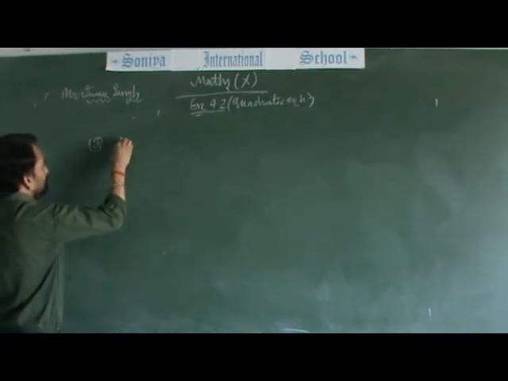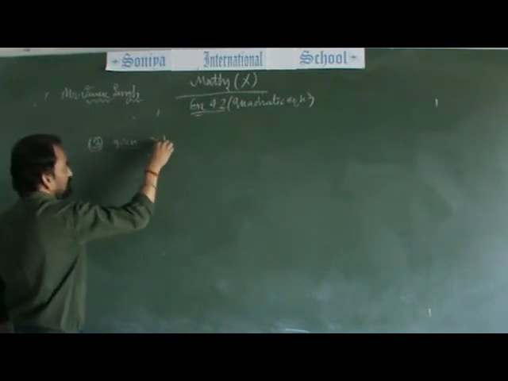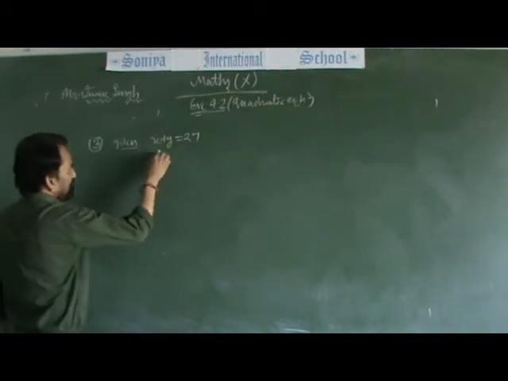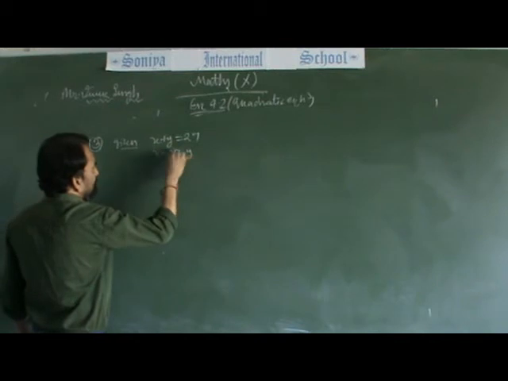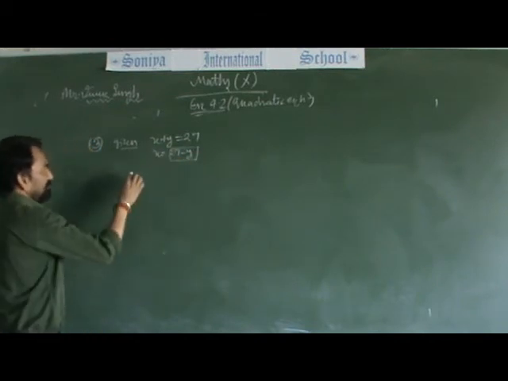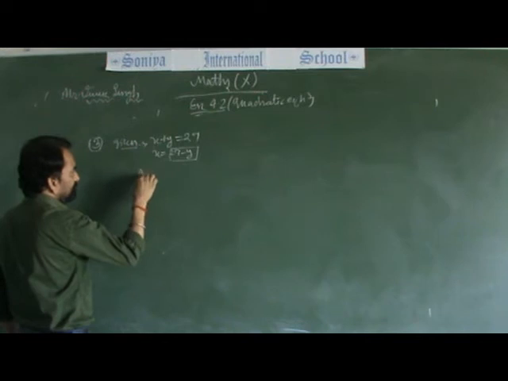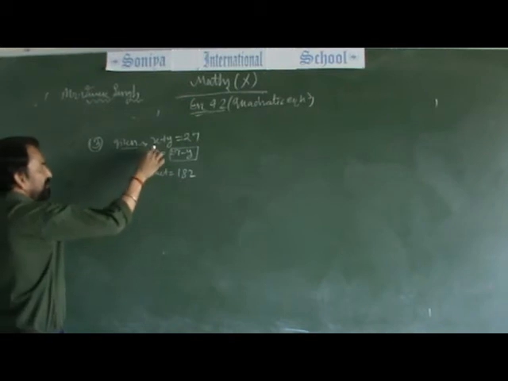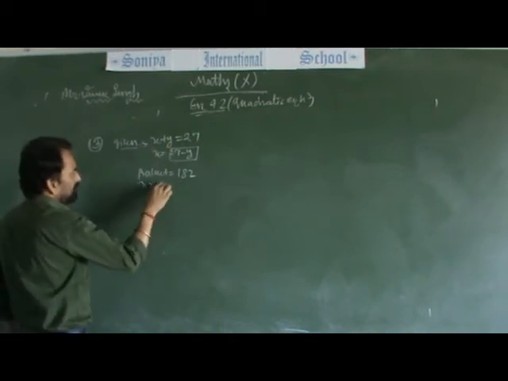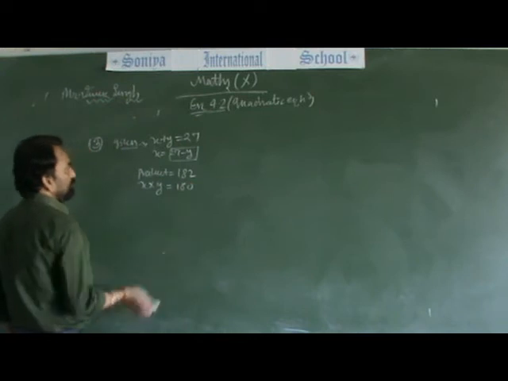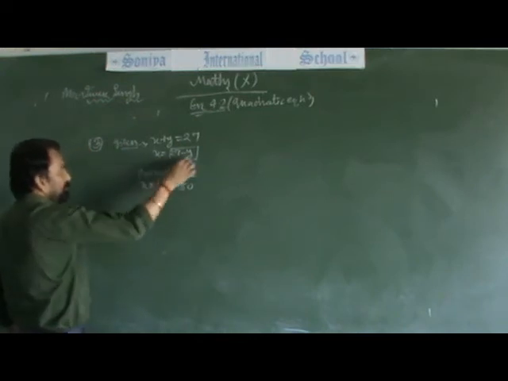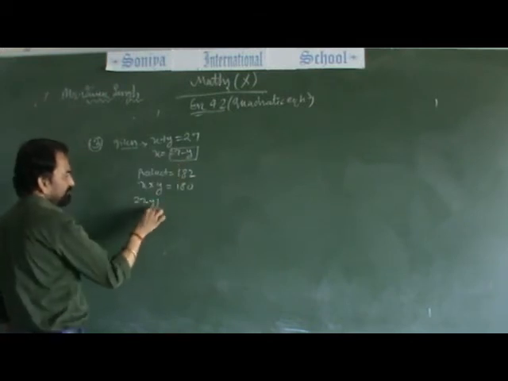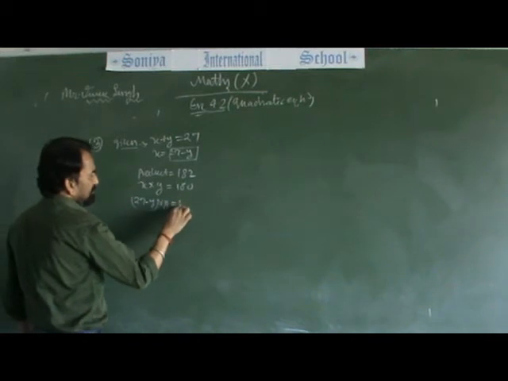So what is given? Given that the two numbers are x and y. So x plus y equals 27, so x equals 27 minus y. And the second thing which is given, their product is equal to 182. Product means multiplication of both the numbers, x and y, into 182. But we know the value of x in terms of y. What is x? x equals 27 minus y, into y, that is equal to 182.